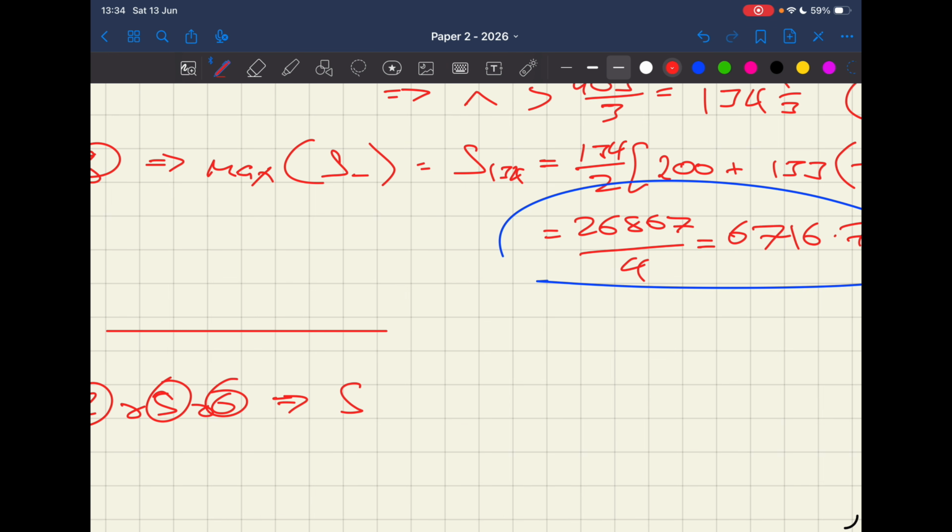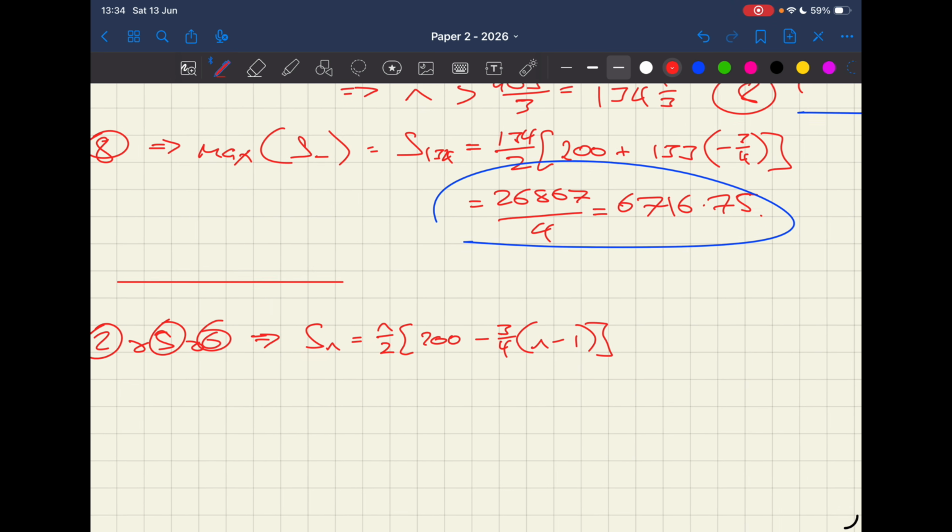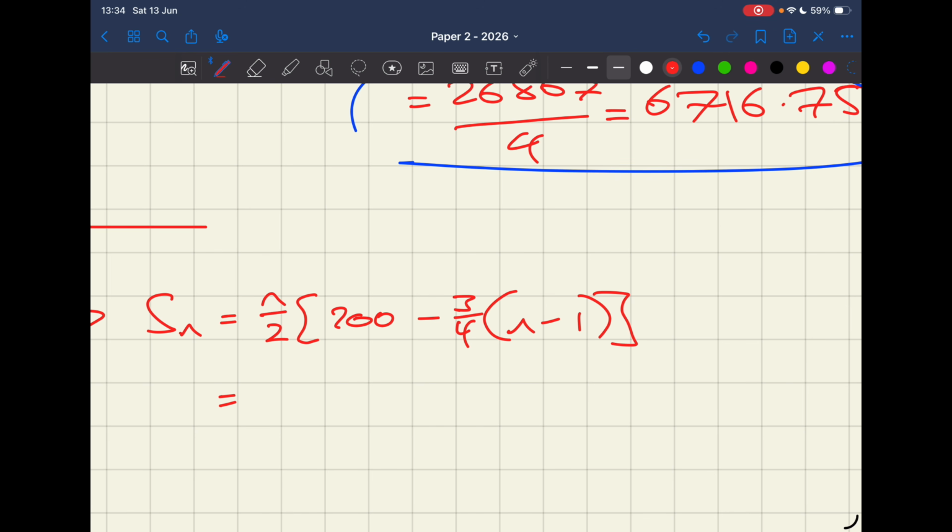Well, if we write down that expression, Sn now, still n over 2. 2 times A was 100, so that's 200. And then we have n minus 1, still n minus 1. The D was minus 3/4. So you have that many n minus 1s. And we're going to expand the brackets. We'll leave that one at the front for a second. This is 200. We're going to add on 3/4. So that's going to be 200.75. Let's write it over 4. So 803 over 4. And we'll take away the 3/4